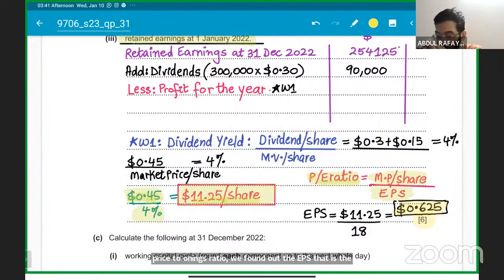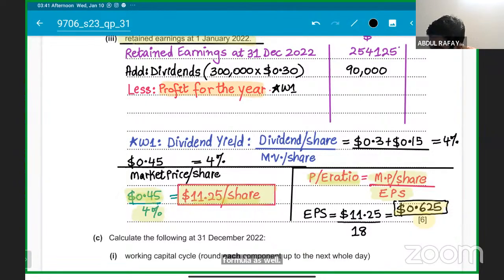Okay. So now we have got the earnings per share, and following the chain and again linking it. Students will easily get it that we already know the end thing that we have to find is the profit for the year. So we already know the earnings per share formula as well. Everyone should know that earnings per share formula.